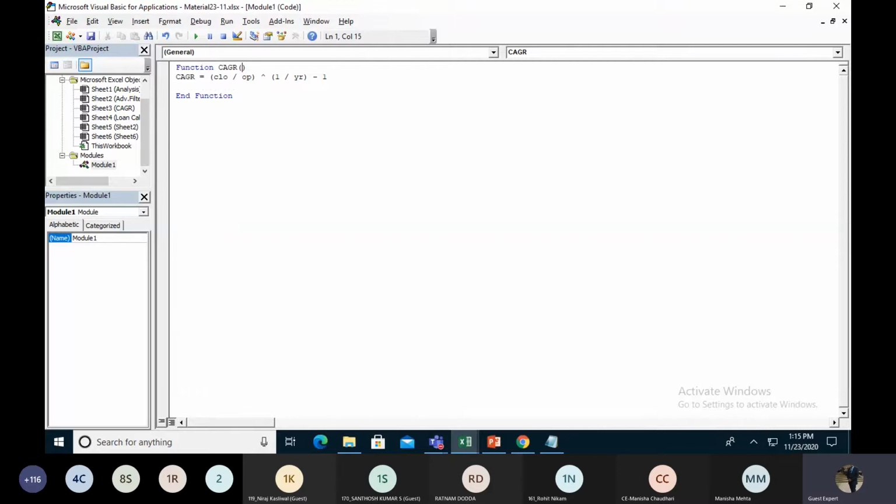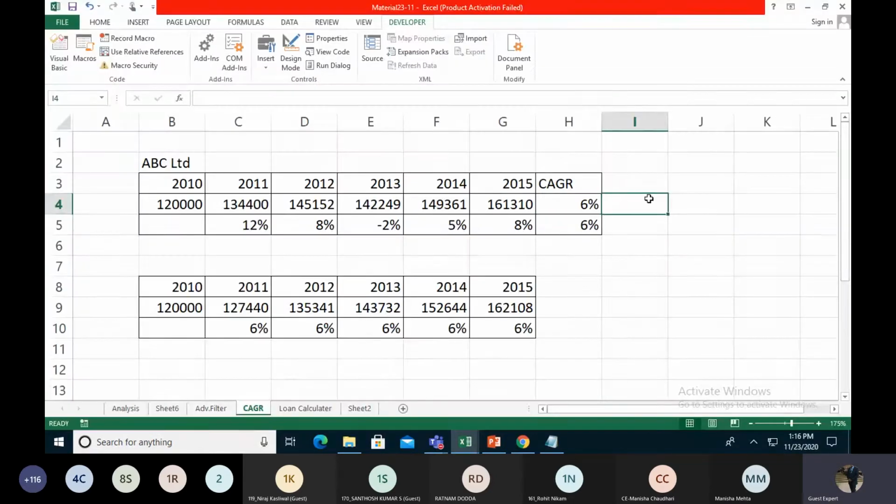We take this parameter CLO as a long, and the others as a long. So we are creating one formula. Right now we see it is equal to CAGR.